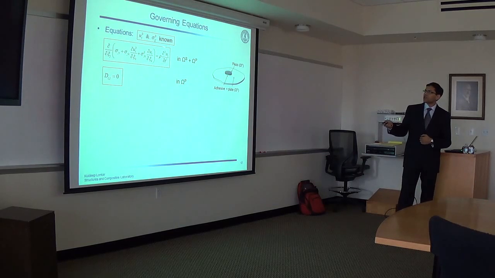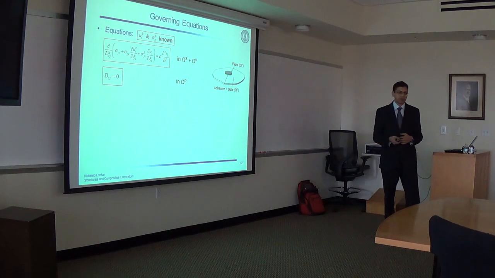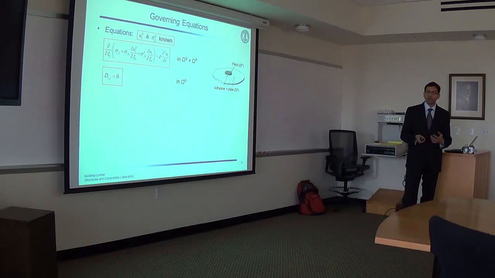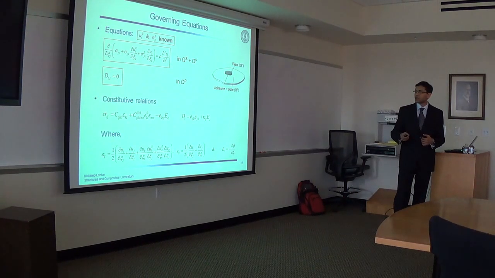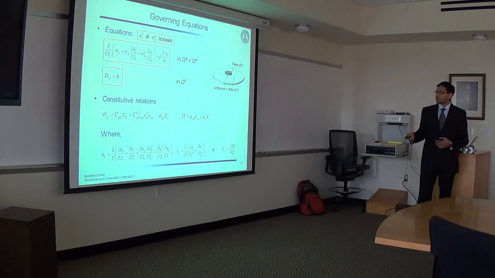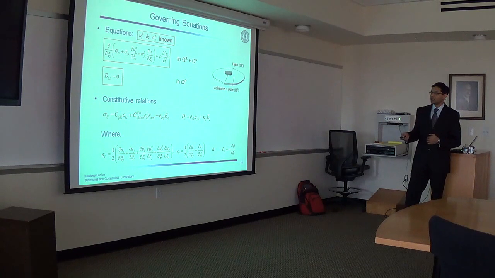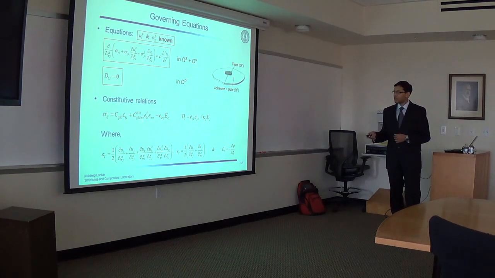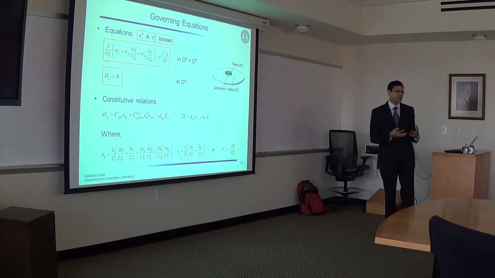So we solve the first equation, which is the equations of motion, in both domains, and we solve the second equation, which is Gauss's law, for the piezoelectric material in omega p. The electromechanical coupling for piezoelectric materials occurs through the constitutive relations, where the stress depends on the strain and the electric field E. Now here C are the second order elastic moduli, C3 are the third order elastic moduli. Epsilon is the approximate Lagrangian strain, and this lunate epsilon is the Cauchy strain. This E is the electric field, and small e are the piezoelectric coefficients in stress charge form.